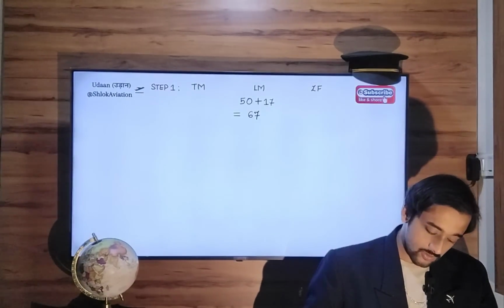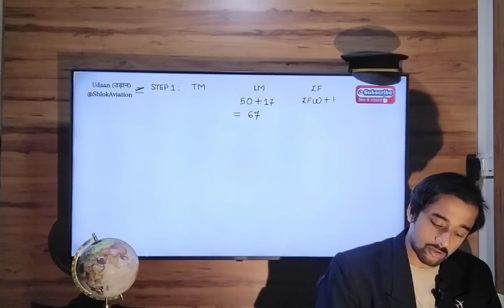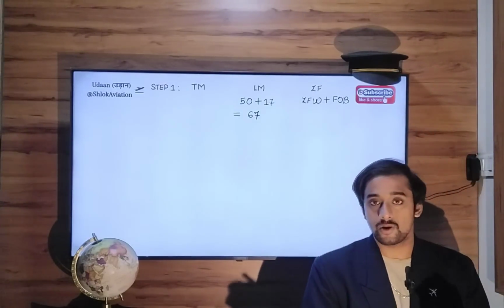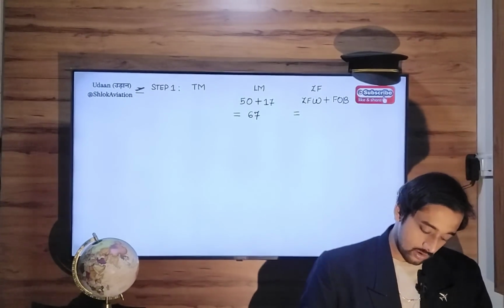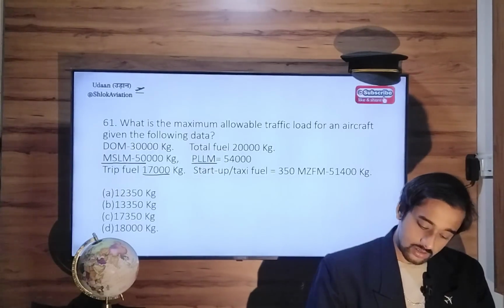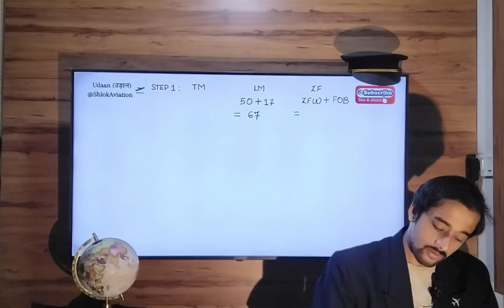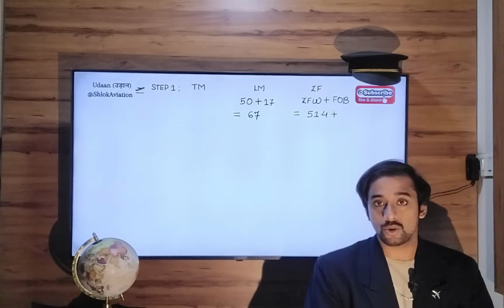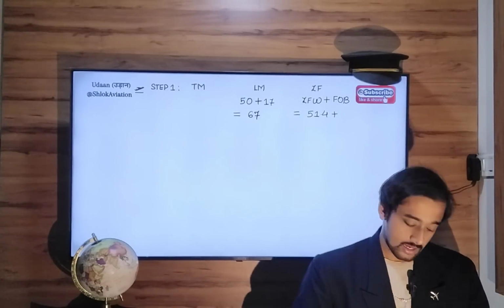Now the zero fuel mass formula is zero fuel weight plus fuel on board. So when you add fuel to zero fuel weight, you get takeoff mass. So zero fuel weight is 51,400 kg or 51.4. Fuel on board, also known as takeoff fuel, the fuel in the tanks at the start of takeoff run, that is